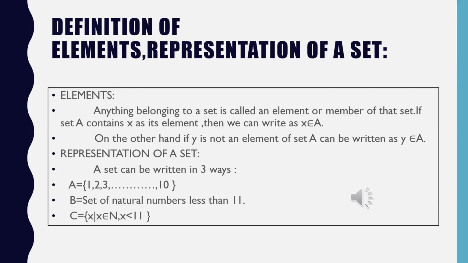So these are the three ways of representing a set: number 1, number 2, number 3, that is tabular, descriptive and set builder notation. By explaining with the same example of natural numbers, I think it is clear to all of you. Thank you, my dears, and now we will start our next definition on the next page.